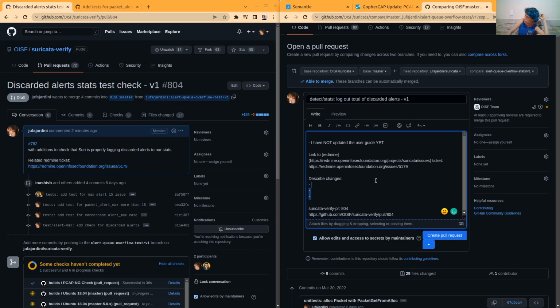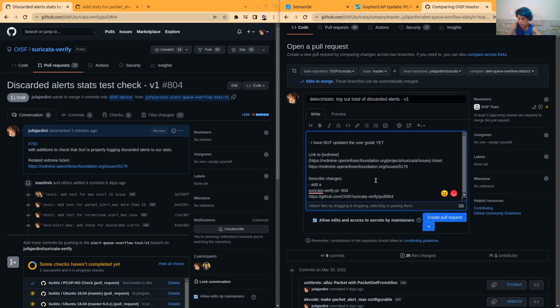What are the changes? Add a counter for discarded alerts when Suri reaches packet alert max.